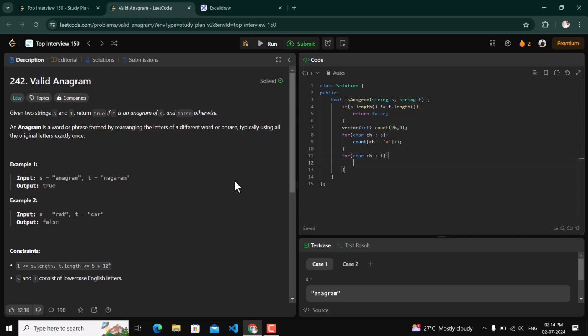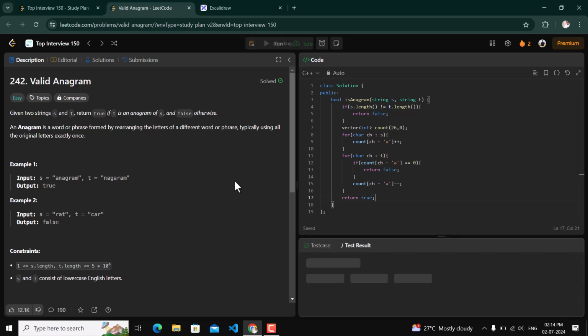First of all, we will check if the count for the current character is equal to 0. Then we can say this is present in the t string, but it is not present in our original string. In that case, we will return false. Else we will decrement the count of ch minus a, minus minus. And after we traverse, if nothing goes wrong, we will return true.